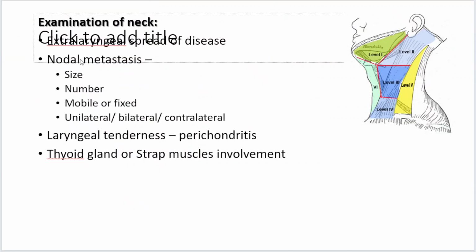Now coming to examination of the neck. Once we do an indirect laryngoscopy and say whether there is a carcinoma, whether an exophytic growth or whether there is an ulceroproliferative growth or not, second is examination of the neck. So systematically we should start examining level 1 first, under the submandibular area, submental area, level 2 upper deep cervical, level 3 middle deep cervical, level 4 lower deep cervical, level 5, this is the